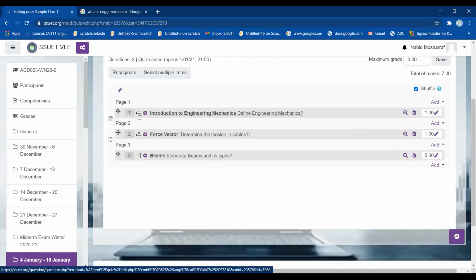And you can see the question type here. This is showing short answer. This box is showing numerical, where 12 is written over here. And you can see here that is essay. And you can edit the question from here as well. Now I will show you the preview of the question. So the question will come like this.